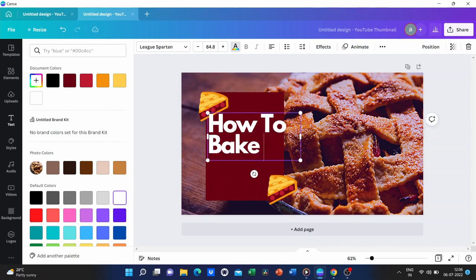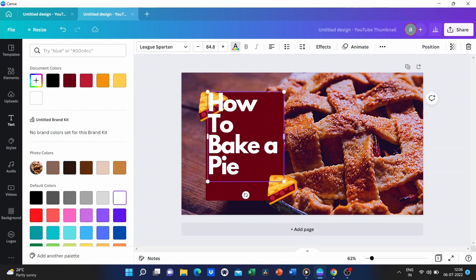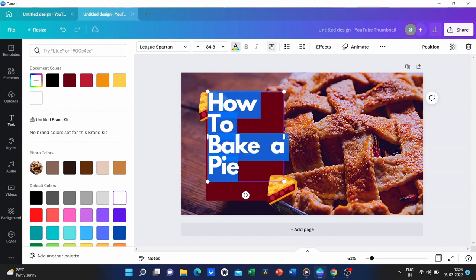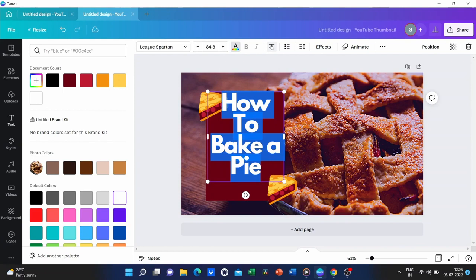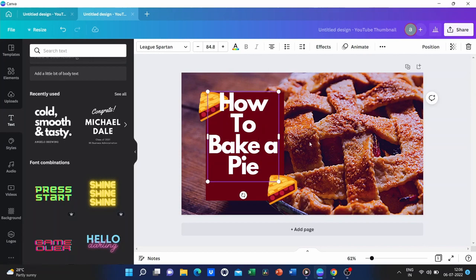If I want to center align this text, I would go ahead, press Ctrl+A, or just highlight it all. And then I'm going to go ahead to alignment, and it automatically shifts through the three different alignment options there. And as you can see, if I resize this text box as well, it will automatically adjust.